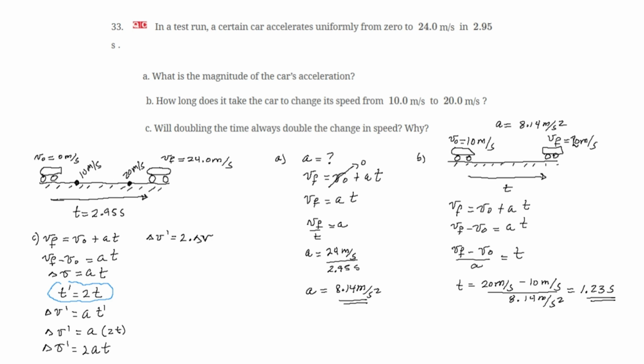So we can say that yes, when we double the time, we double, in proportion, the change in speed. Right? There is a linear direct relation, or direct proportion, between the time and the